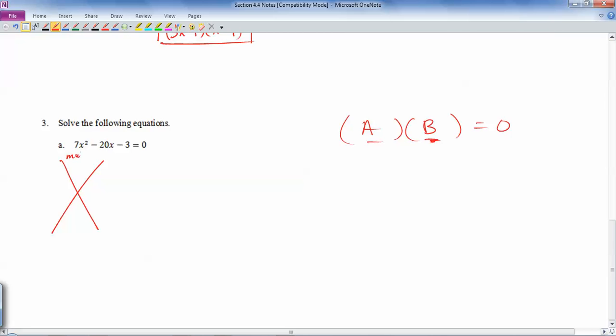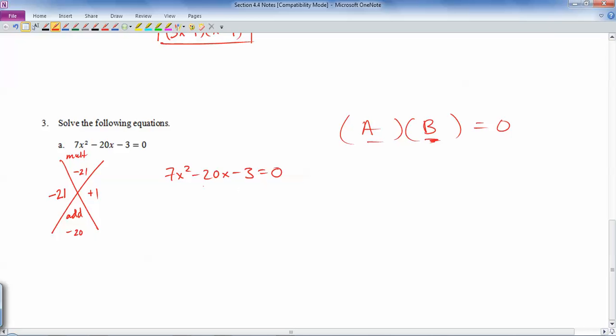So it's got to multiply to a times c, which is 7 times negative 3, negative 21. And then it's got to add to b, which is negative 20. So the numbers that are going to work there, well, multiply to negative 21, but add to negative 20. Well, let's try negative 21 and positive 1. Those work. Okay, so if I rewrite the original,